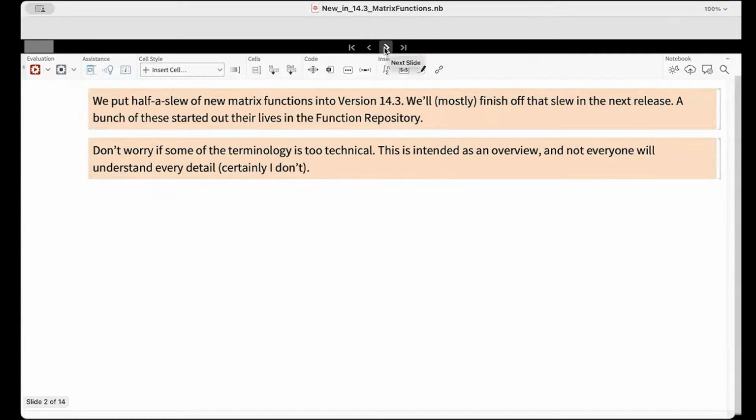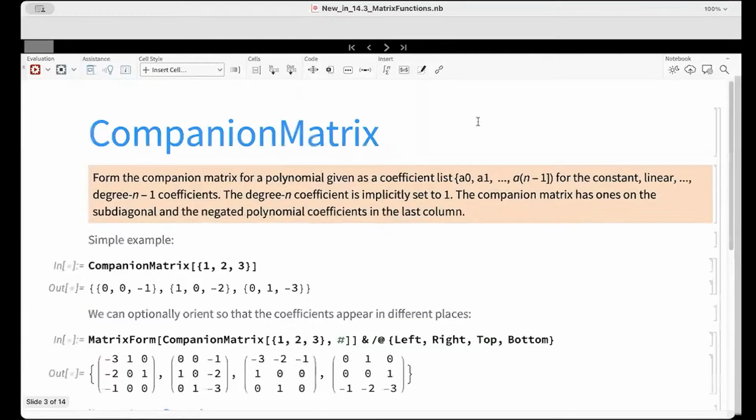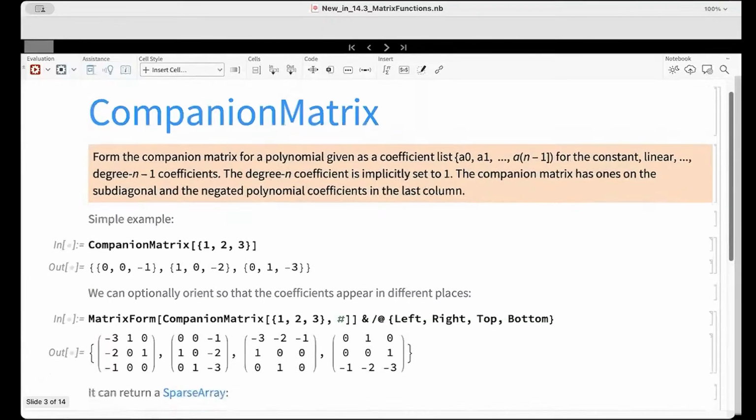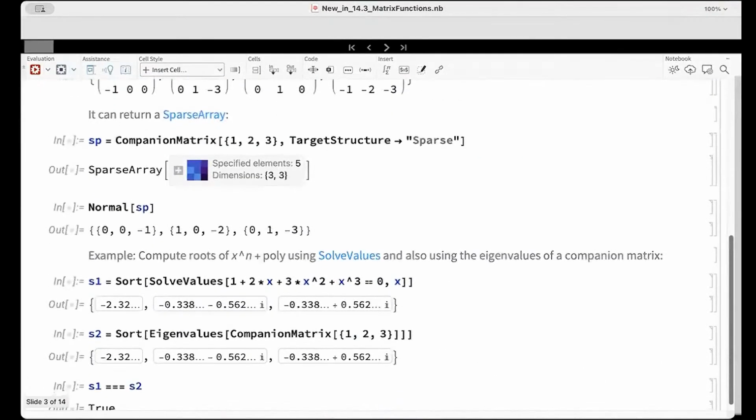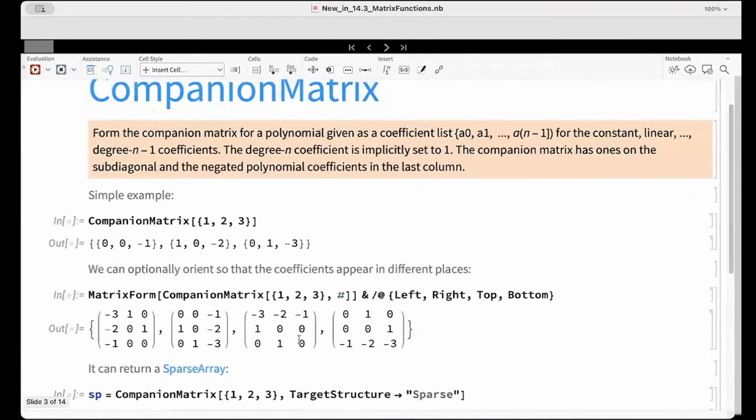The slides will have more detail than what I will cover verbally, and they have links to documentation that cover yet far more detail than the slides themselves. We have introduced the companion matrix as a specialized type of matrix. And what that is